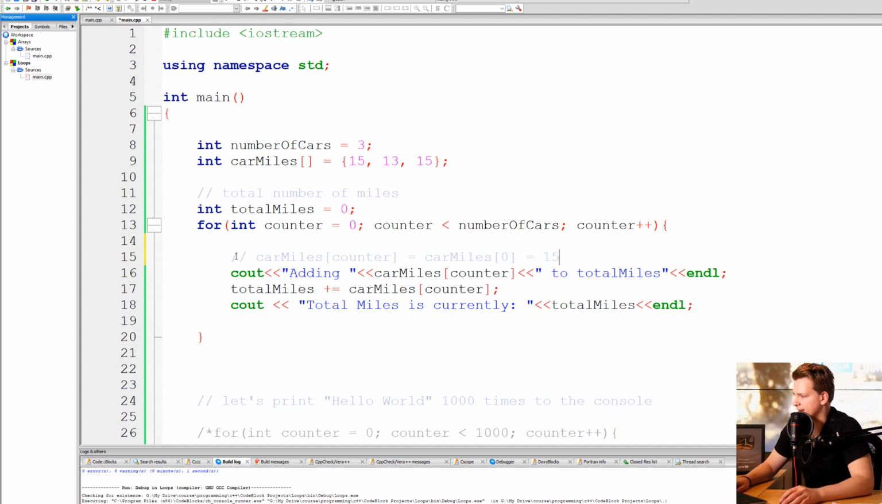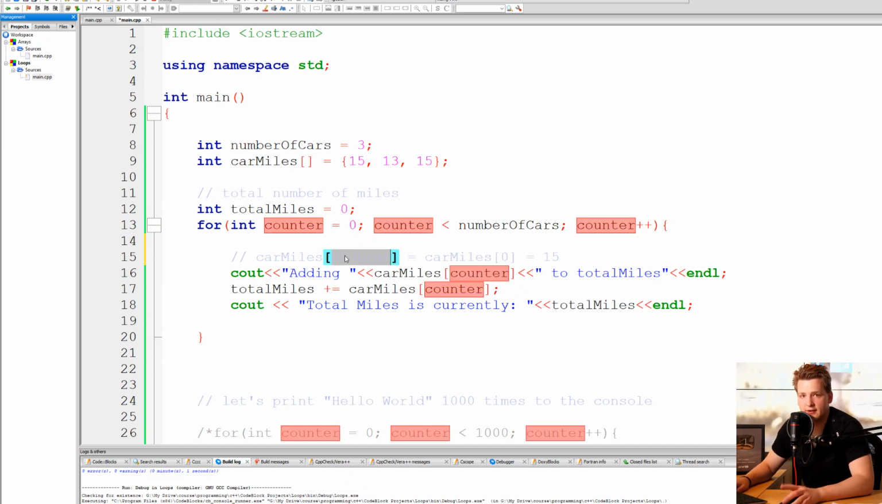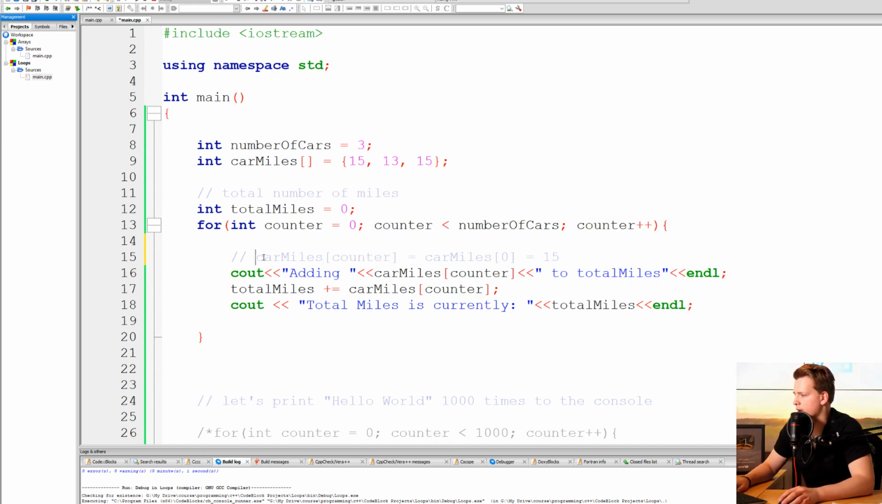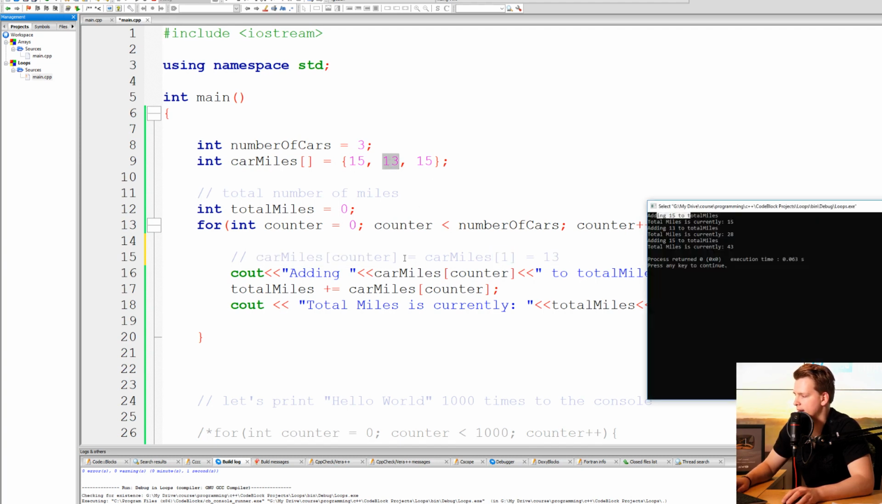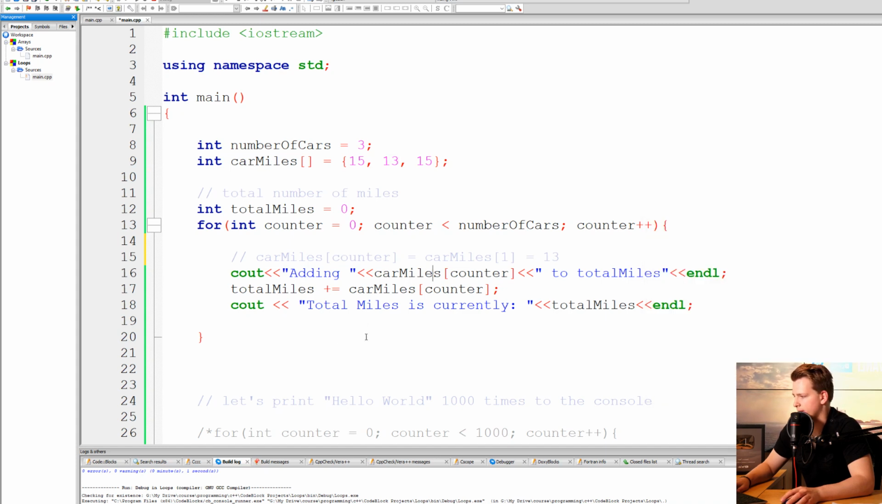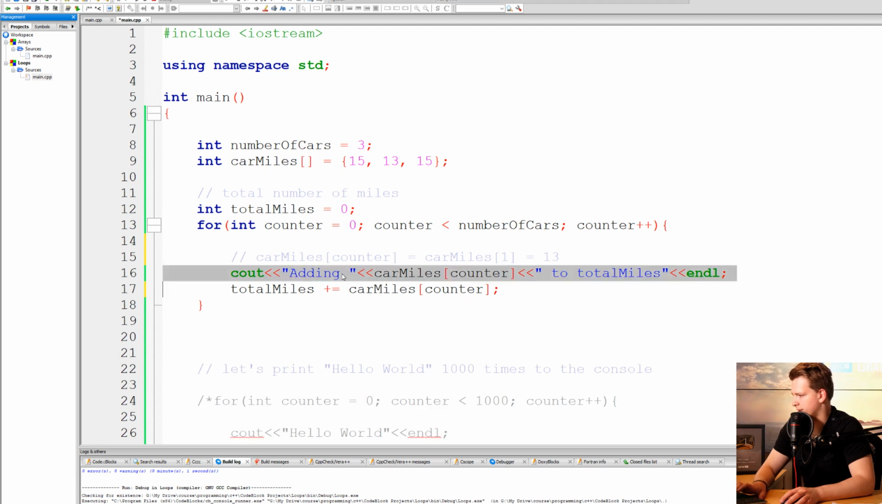And then the next time you come in here, counter is now 1, so car miles counter is now equal to car miles 1, and now it is 13 because this is the second element. And so this is what we see here, adding 13 to total miles, and total miles is currently 28 and then 43. So if we remove these prints in here,